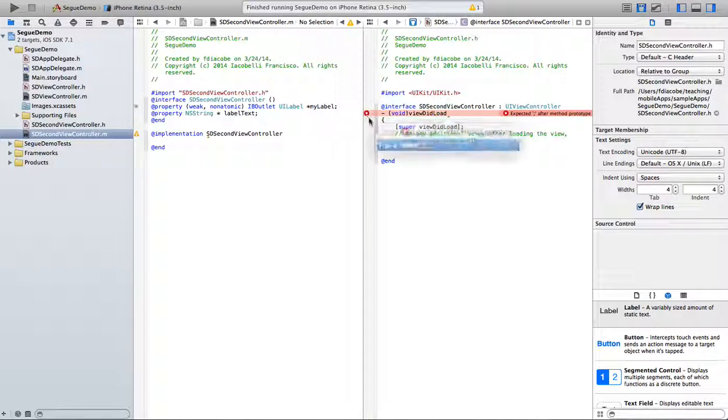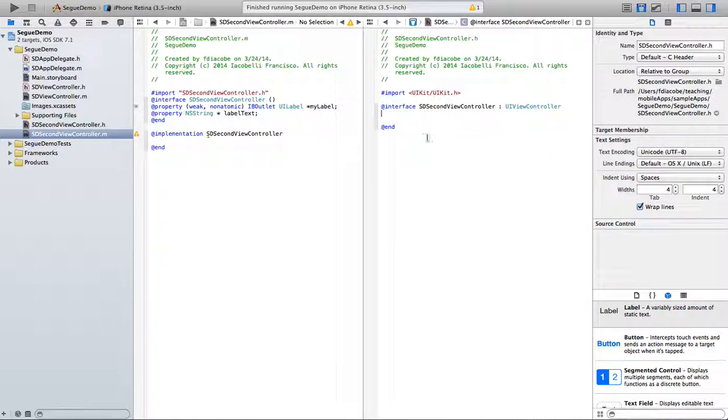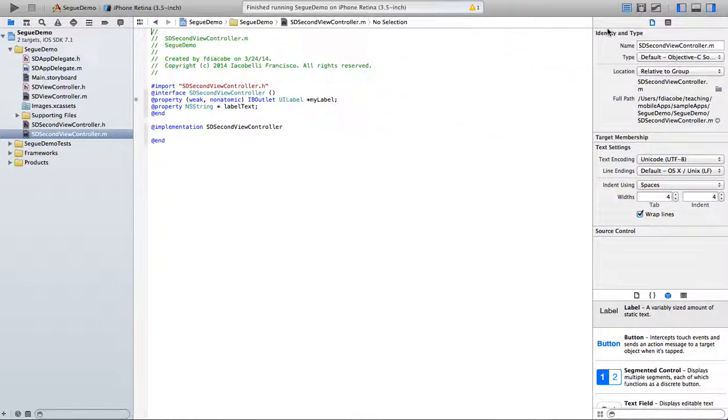Why is it complaining? Oh sorry, this is the interface. What am I thinking? I'm going to click on the .m file, and in the implementation part, I'm just going to put view did load. All right, and in my view did load,